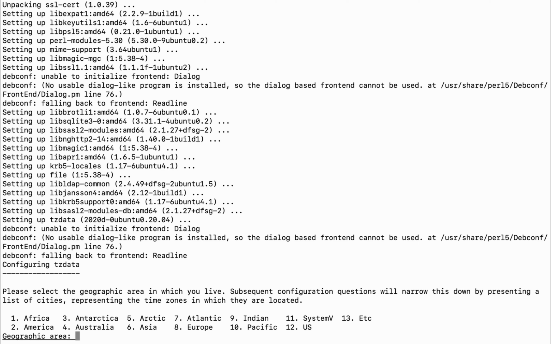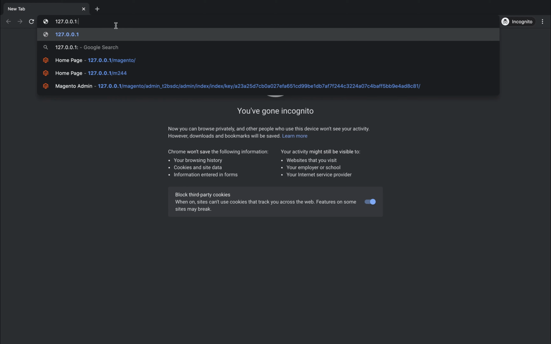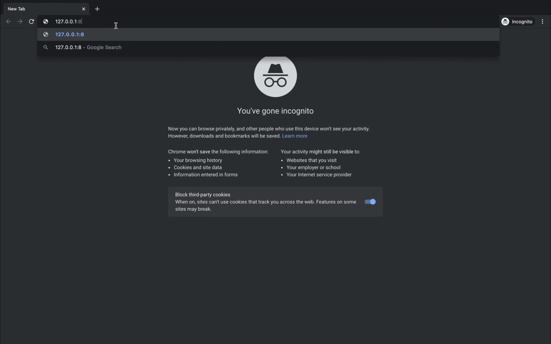Let's run it using sudo service apache2 start. It will start the Apache 2 server. As you can see, it has started. Now we can see this in our browser. To see if Apache 2 is working fine in your browser, you have to type the host, which is localhost or 127.0.0.1 and colon and then the port. For you, your port will be 80, which you don't have to enter.